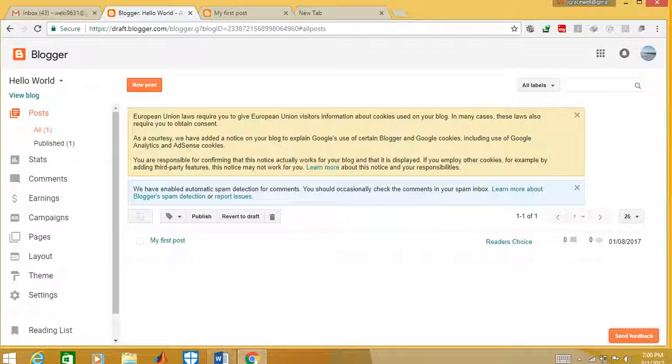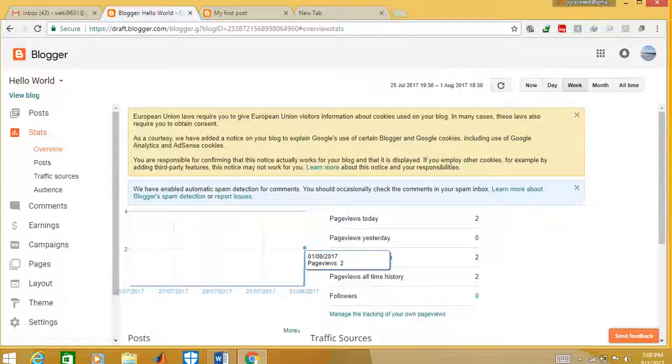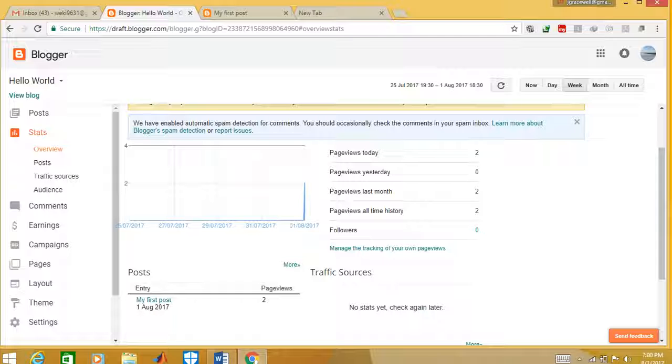So let me go to the blog page, and this statistics. You can create as many posts as you want. And here it shows how many comments people have made, and here it shows how many views people have made. If you want to see the statistics, like how many people have viewed your post, you can go here. See about today, we have just now created it, and it has been viewed 2 times, and here you can see the statistics, how many people have viewed the blog,